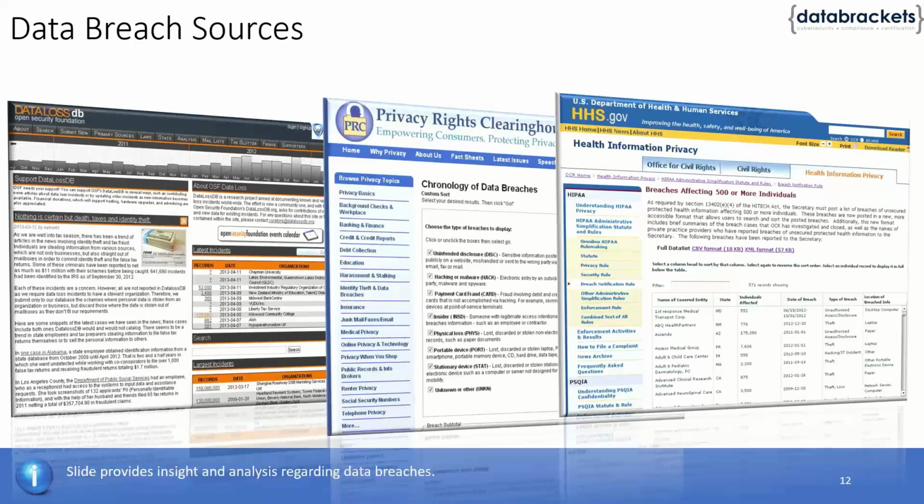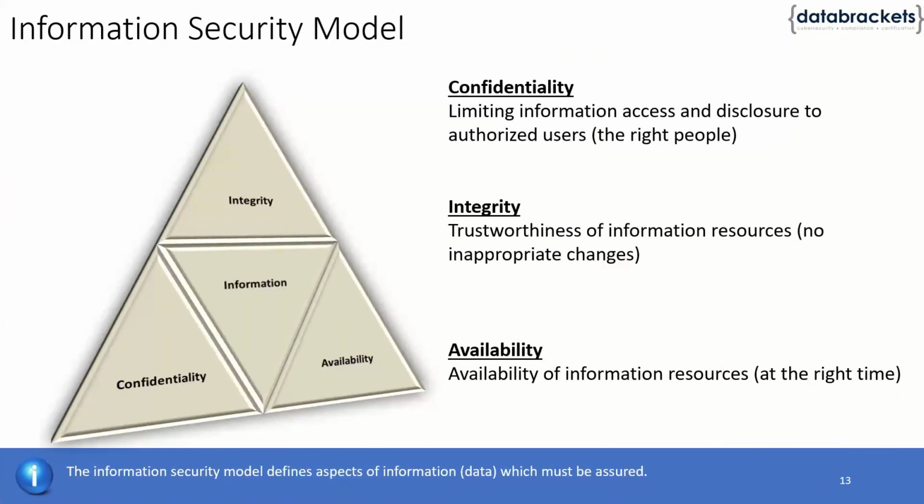If it is less than 500, then you have up to the end of the year to report the breach with the details. Some states also have much more stringent requirements, like California, Massachusetts, and Texas. So depending on the state of your business, you want to figure out the breach notification requirements and then be able to meet those